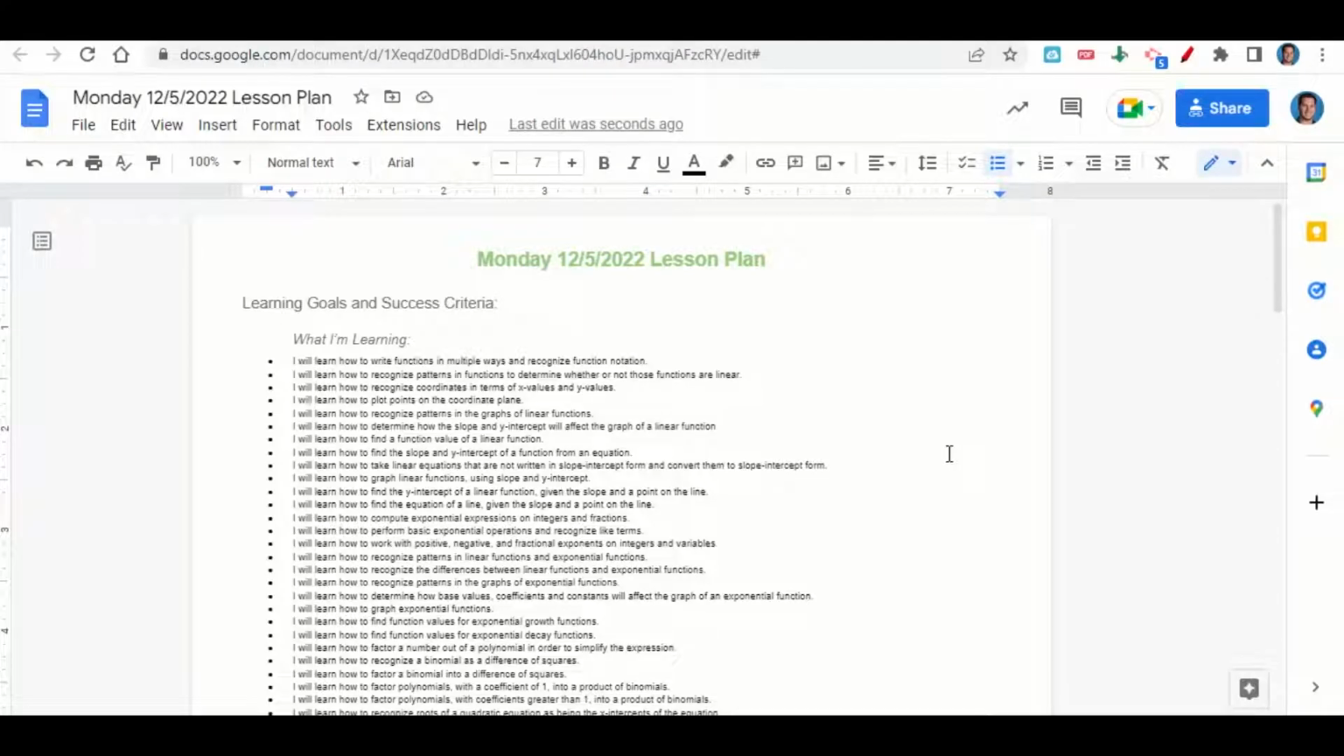Welcome everyone. Let's begin our lesson for today by going over the learning goals and success criteria. First, what are we learning? We're learning how to write functions in multiple ways and recognize function notation, recognize patterns in functions to determine whether